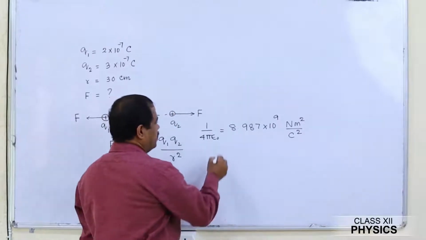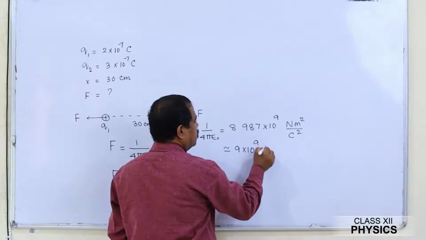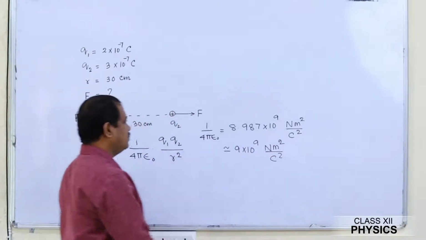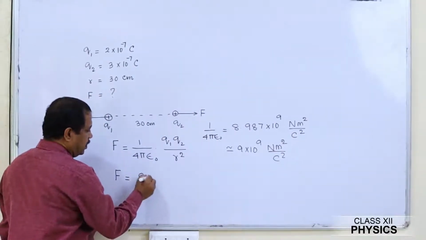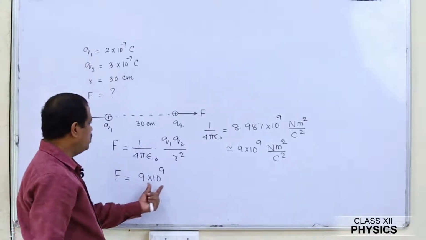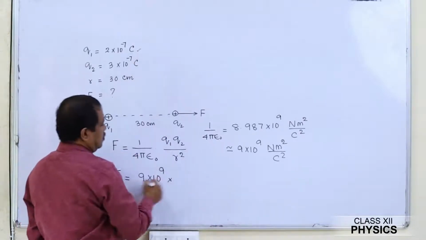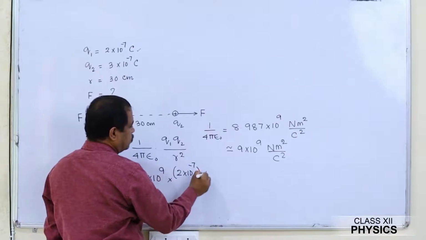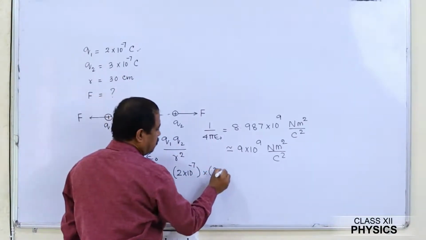And this is approximately written as 9 into 10 power 9 Newton meter square per Coulomb square. So let us substitute this value here. Approximated value we substitute to make the calculation simpler. So 9 into 10 power 9 into Q1, which is 2 into 10 power minus 7, into Q2, which is given as 3 into 10 power minus 7,